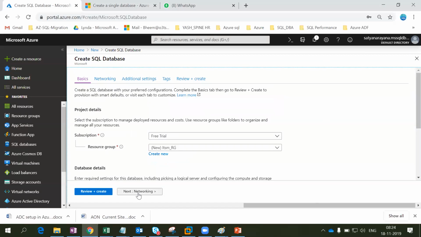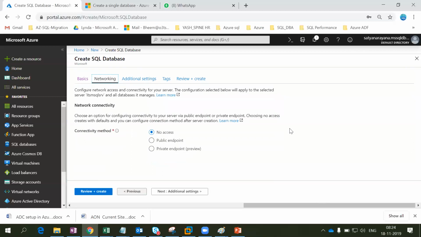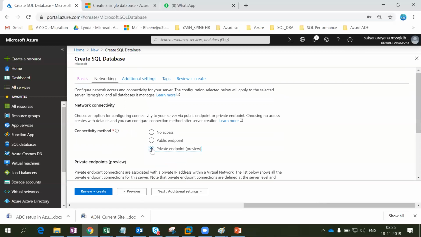Now the next phase is networking. Just go to the networking part. Let's say if we have our own customized network, it is going to ask you.